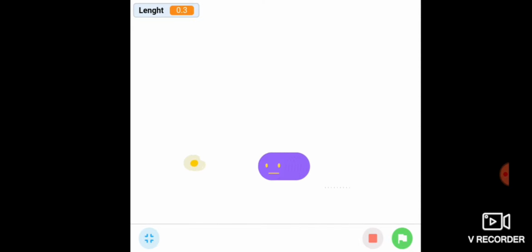You can see that whenever the snake enters from any direction, it comes out from the opposite direction.